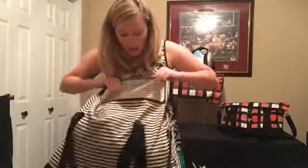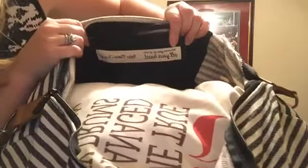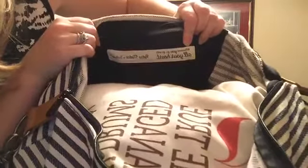All right, the final thing that I want to show you is actually one of my favorite things about this bag, and that is this right in here. I'm going to try to see if I can show this to you really easy. You'll see it has this little tag right here, and there's this little phrase that says, "Wherever you go, go with all your heart." And you may be thinking to yourself, well, that's great, Karis. I'm so glad you have that adorable little tag,